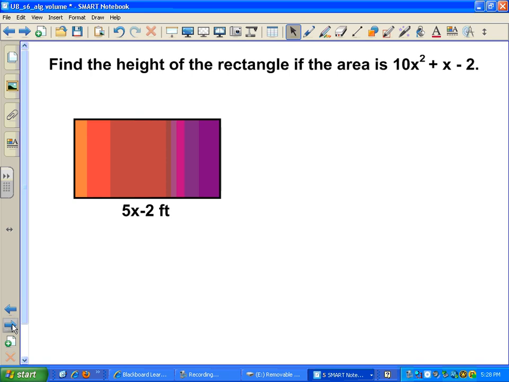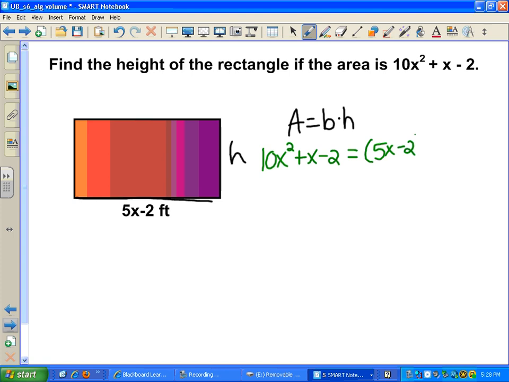I want to find the height of the rectangle if the area is 10x squared plus x minus 2. So here's my rectangle. The base is 5x minus 2, and I'm trying to find the height. Well, I know the area of a rectangle can be called base times height, or length times width, same thing. The area is 10x squared plus x minus 2 equals, well, the base is 5x minus 2, and I'm trying